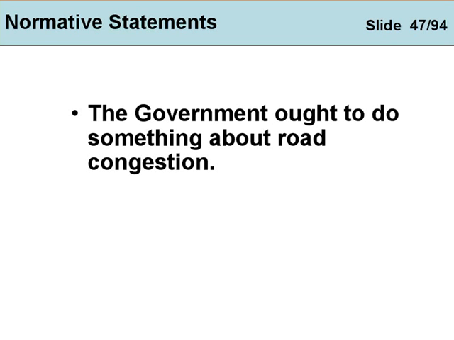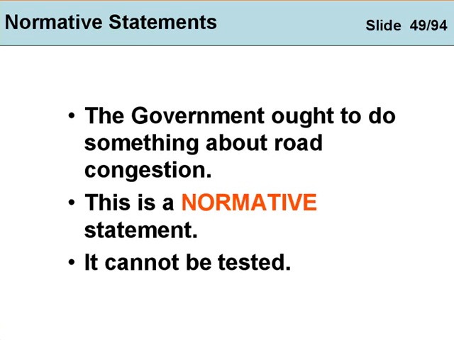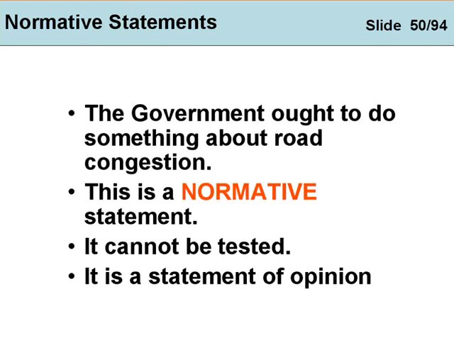You could disagree with me. We could have an argument over it. I suppose that's the nature of politics. Normative statements. It's what we use in politics. So, when we normally see the word ought or should, or we can insert implicitly the word ought or should into a statement, it's a normative statement. It can't be tested. It's just your opinion versus somebody else's opinion, or my opinion. So, normative statements are statements of opinion. They don't go anywhere. They're just what we want to see. They're aspirational.